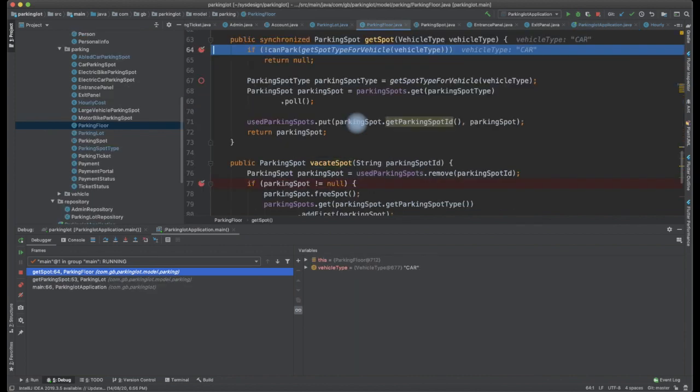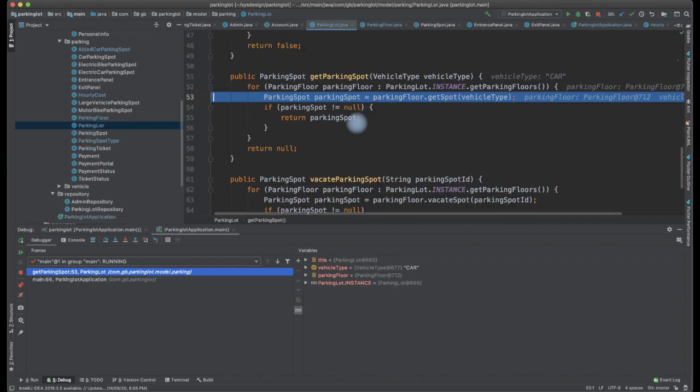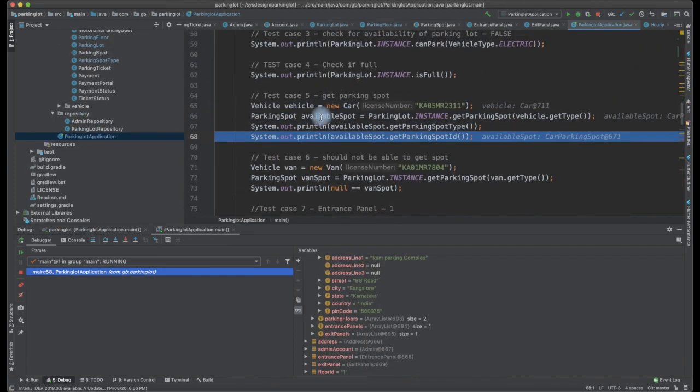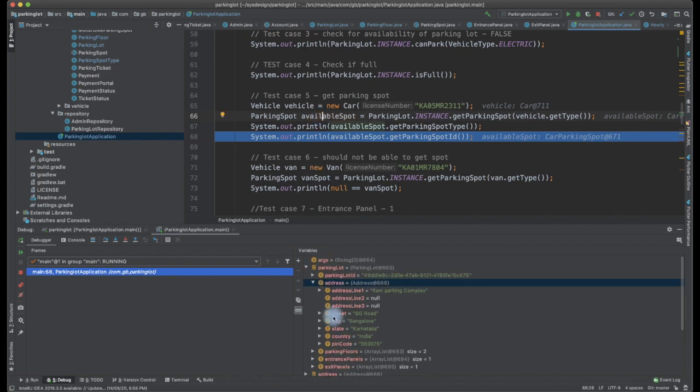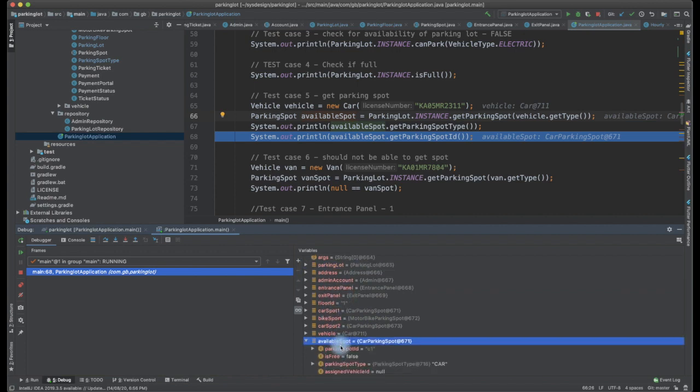Let me not debug too much. I'll show you. If we see available spot at the top, available spot is not null. The spot ID is 1, which is the first spot that we have initialized. The pool gives the first, and now it has been assigned.